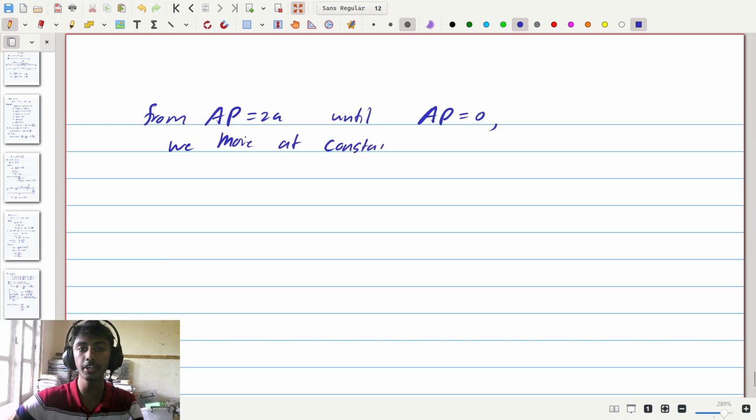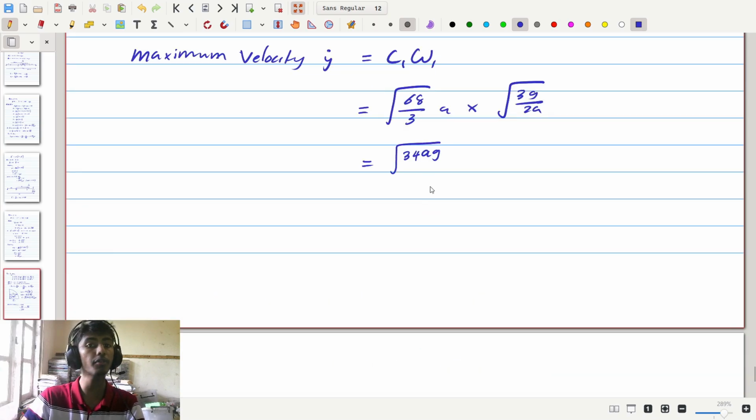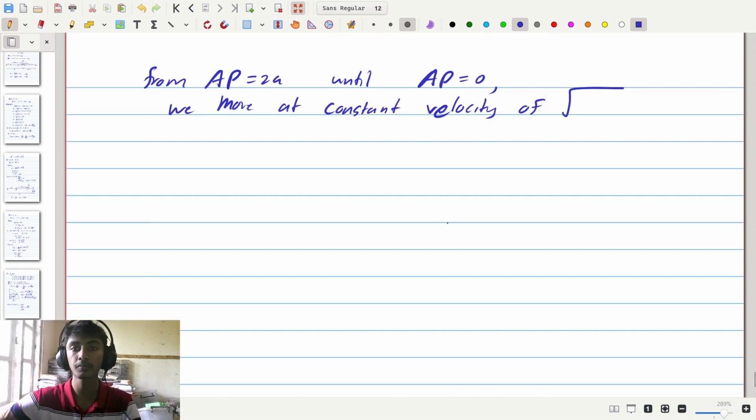Since there's no acceleration now, the string becomes slack. Constant velocity of y dot here, which is equal to the square root of 34ag. So square root of 34ag. Now finally we can say that therefore, if you consider v s equals ut